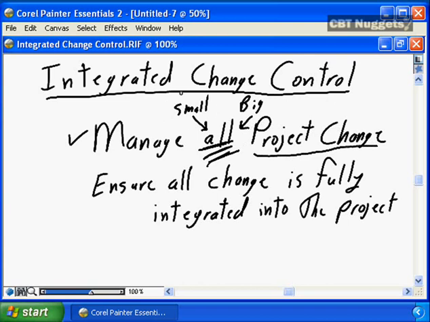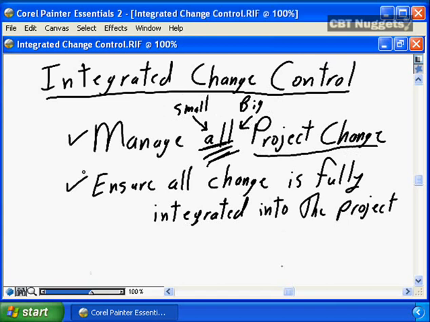We don't want to be seen as bureaucratic. We don't want to be seen as restricting project progress. We don't want to be seen as always saying no to the business or adding so much paperwork to the business that they perceive we're saying no. So we need to have a very streamlined process for making the small changes easy and effective while still managing them as changes, while ensuring we have proper processes in place to manage the big changes as well.